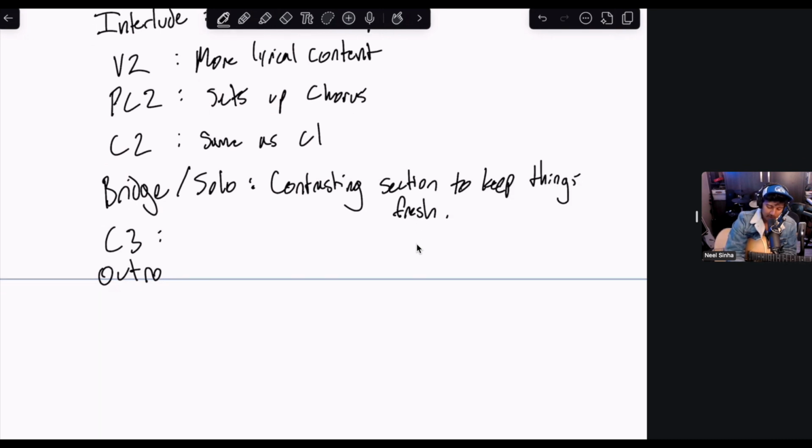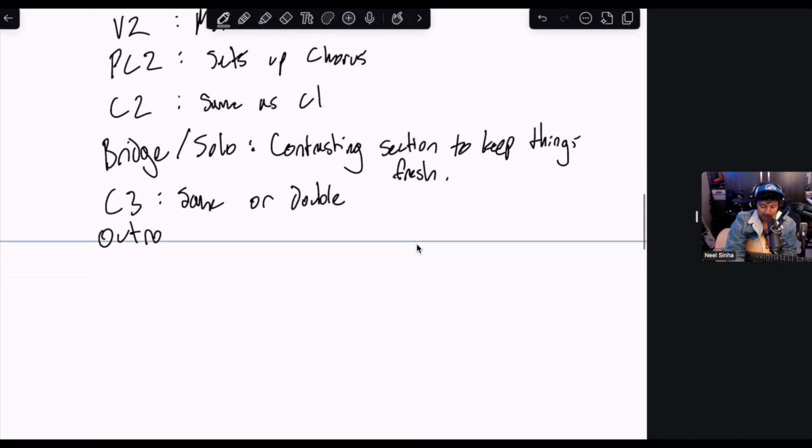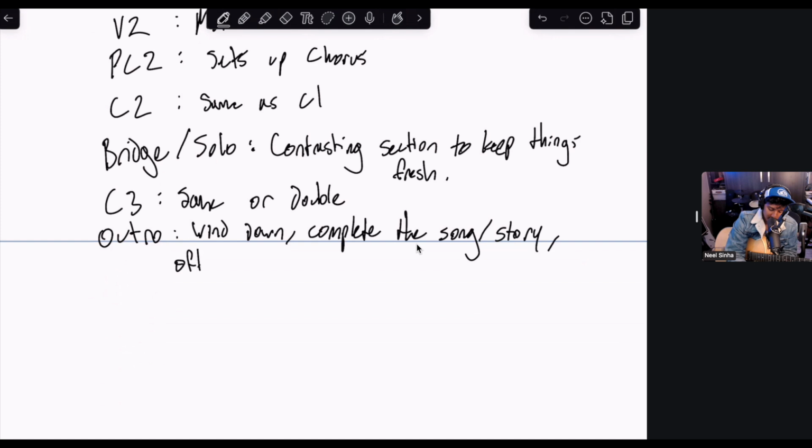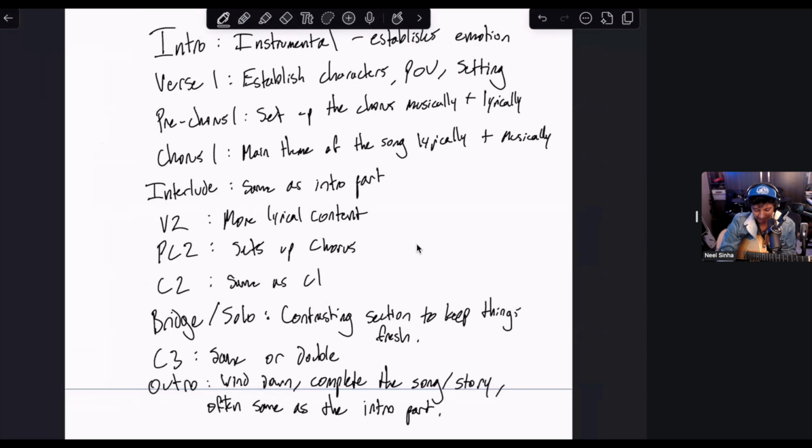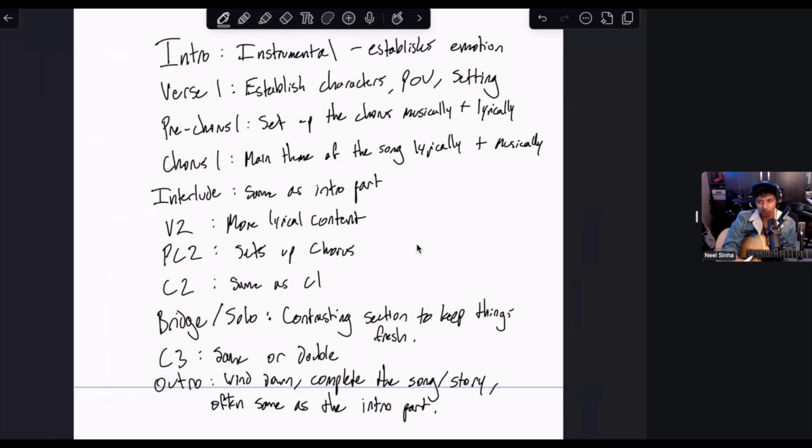C3, same, or double. So you can just double the chorus that came before it. And then outro, you can just wind down, complete the song/story, often same as the intro part. Okay, so I know I'm writing fast, handwriting not super solid, but this is what you're really looking at when